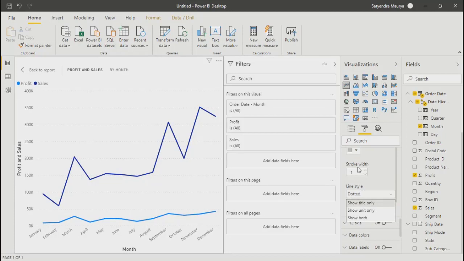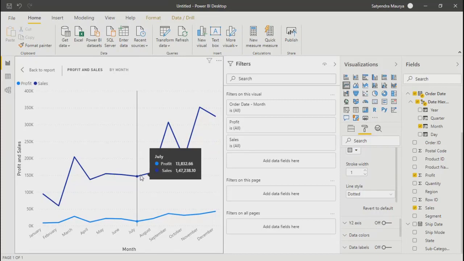Okay. So the stroke will be basically the boldness, or you can say the height of these lines, right? The trend over here, whichever you see, it is at one point at this moment. So by changing this, you can change the